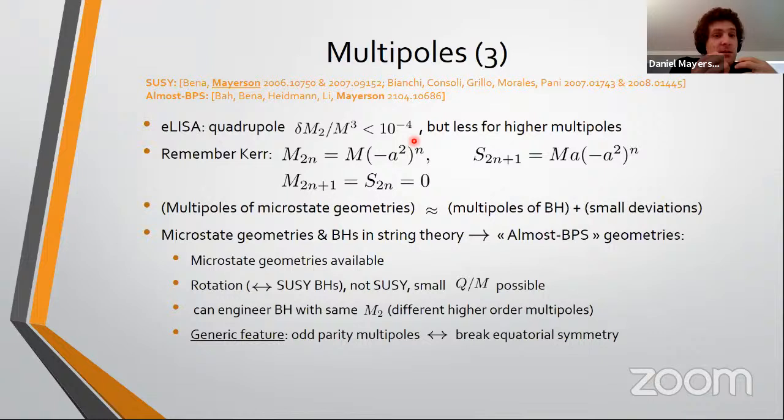However, it should be said that this is an estimate for how well we can measure the quadrupole moment. It's a lot less clear that we can actually measure higher multipoles to any kind of meaningful precision, right? It depends on how high you want to go. So the lesson here is quadrupole. We're pretty confident that in the near future with LISA, we'll be able to have a pretty stringent constraint on them. But for higher multipoles, this is not obvious. Okay, now remembering the multipoles of Kerr,